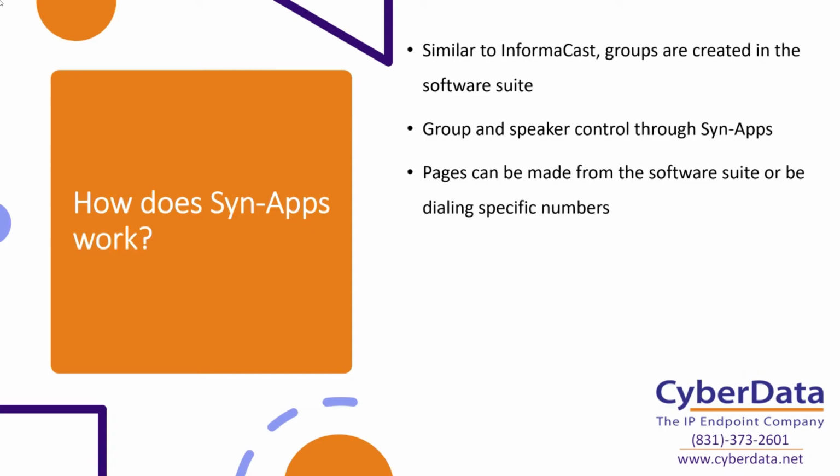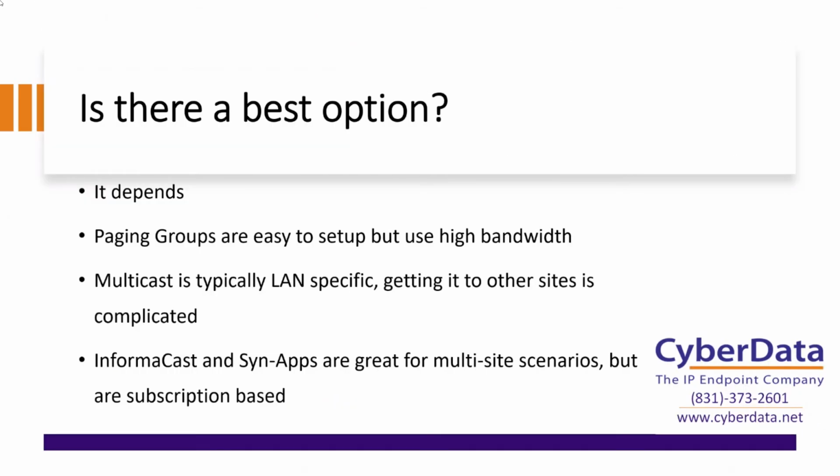I like to refer to these two as a Coke and Pepsi style option. They basically have a similar feature set. Some are better than others, but a lot of the time you're getting a very, very similar product feature set between the two. So is there really a better option or a best option when we're talking about IP-based paging and zoned IP paging? Well, it depends on what you want out of the system and what you're already